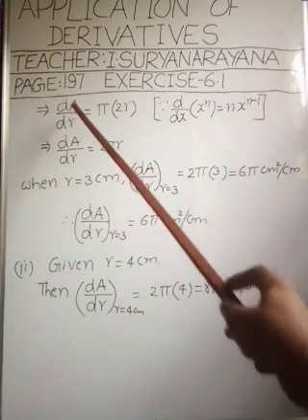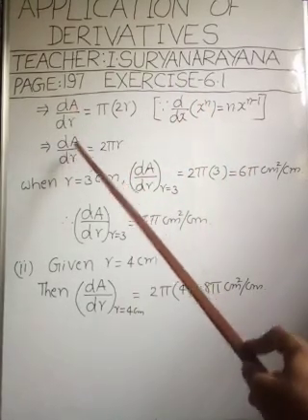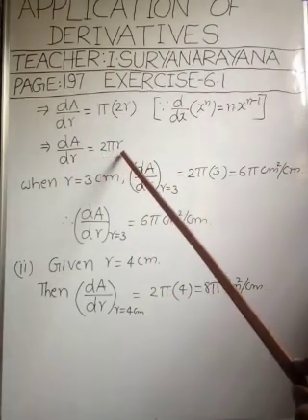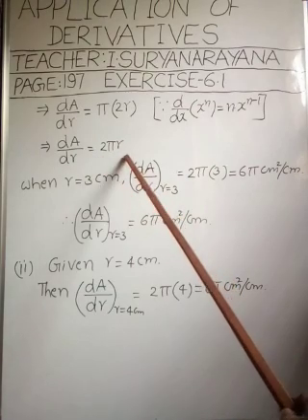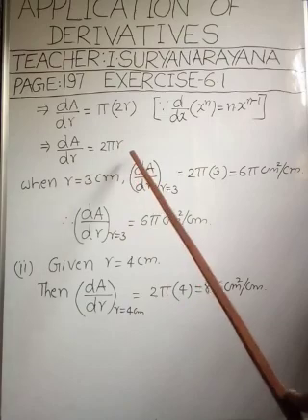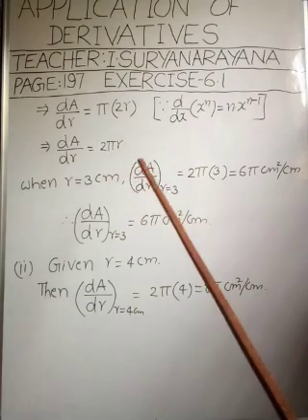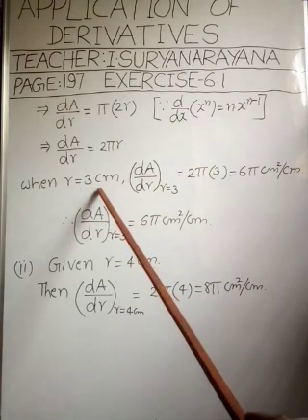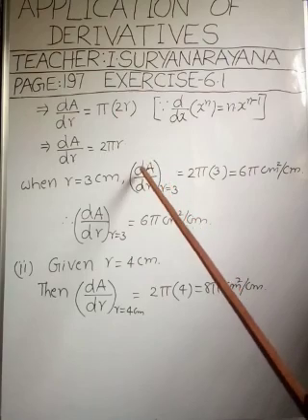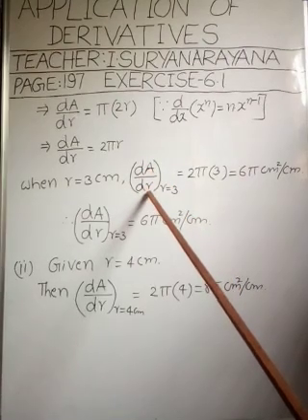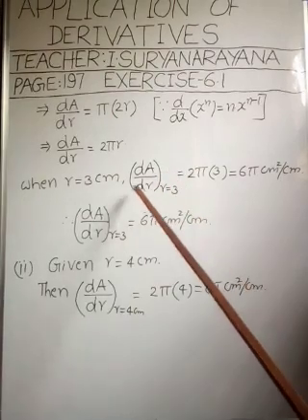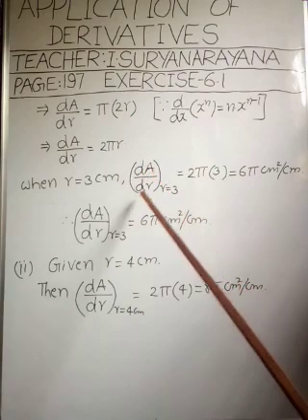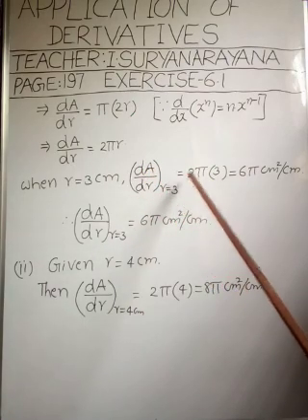Right. This implies we write the LHS part as it is, that is dA by dr is equal to, by simplifying this expression, what will you get here? Finally 2 pi r. Understood this step, my dear children? Right. We have found dA by dr, that is equal to 2 pi r. Then the first part, what is the first part? r is equal to 3 centimeters. When r is equal to 3 centimeters, we have to find the rate of change in the area of a circle with respect to r. It is denoted by, this is a notation, dA by dr at r is equal to 3. It is read as dA by dr at r is equal to 3 centimeters, is equal to 2